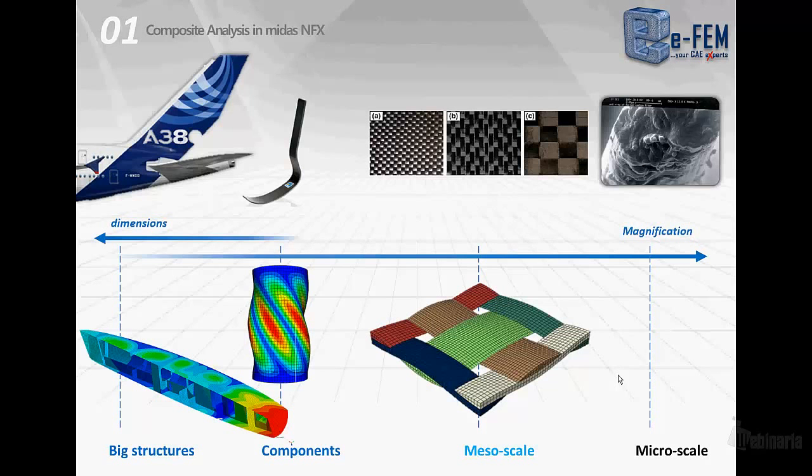When we want to design the material itself, or better, when we want to design the architecture of the material, we have to refer to the mesoscale. So with finite element analysis, we can design the shape of the architecture of the material to, for example, have specific properties along maybe some load directions and so on. At wider magnification, we reach the micro scale of the material, and we can consider, for example, the nesting of fiber or the fiber fracture mechanism in terms of simulation.